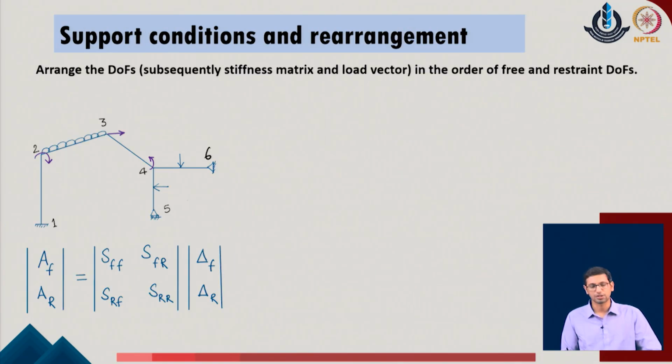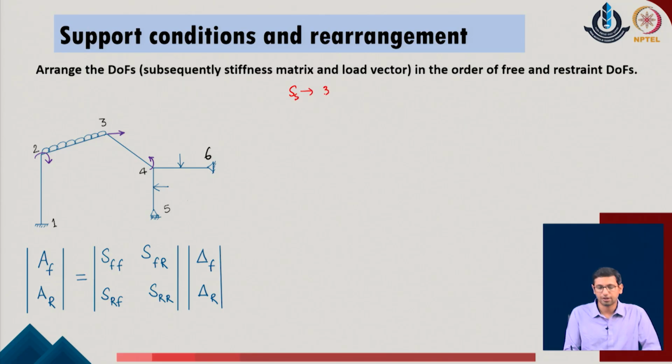Having these values in the system, now we can go ahead with the identification of the support conditions and the solution of the given problem. To do so, we realize that the S of S has been identified with the size 3n cross 3n. The A of S has also been defined with a size of 3n cross 1, and the delta S, which is the displacements of the system, will also be of the size 3n cross 1 in the given problem.